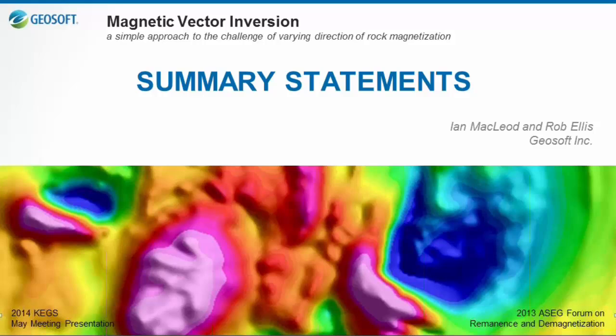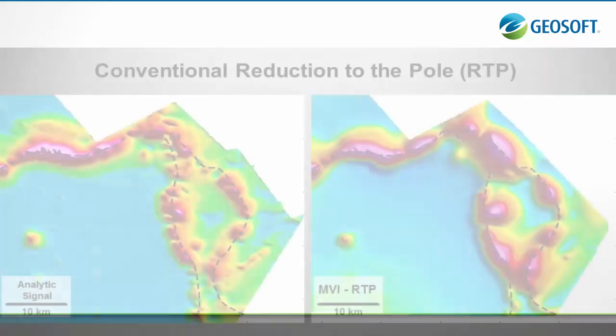Next question from online. Your screen went off. Paul Schwering says, you mentioned MVI is most effective in mid-low latitude. What happens at higher latitudes? The question is what happens at higher latitudes. That's a really good question